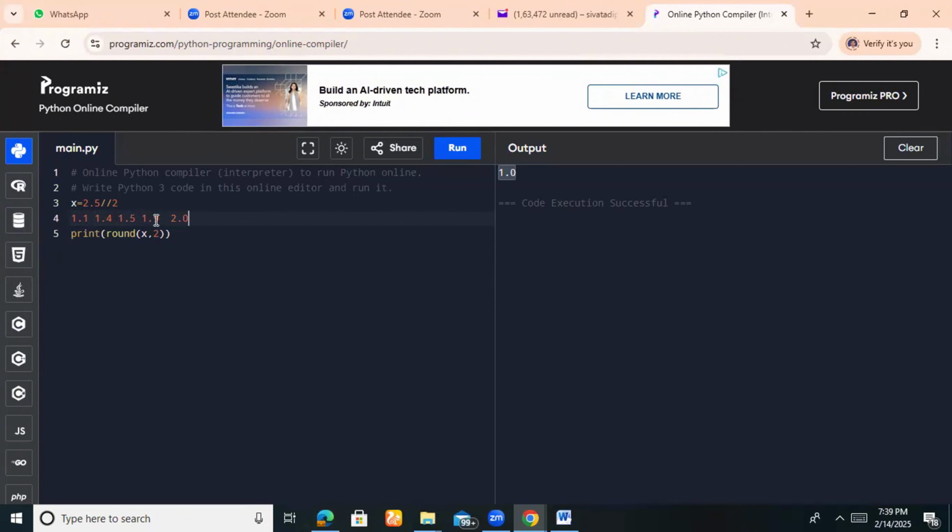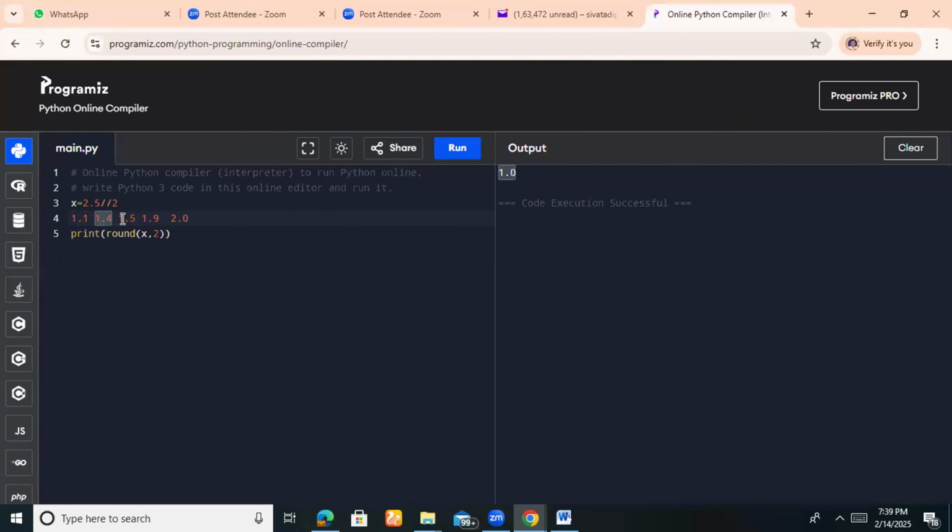Floor means it will try to get the lowest real number. It is between 1 and 2, so the lowest is 1, right? So if you go for floor, you'll get this one. For example, if I give 1.1 to the ceiling function, you'll get 2. 1.4 ceil, 2. 1.5 ceil, 2. 1.9 ceil, 2, right? Similarly, the round function, 1.1 round,